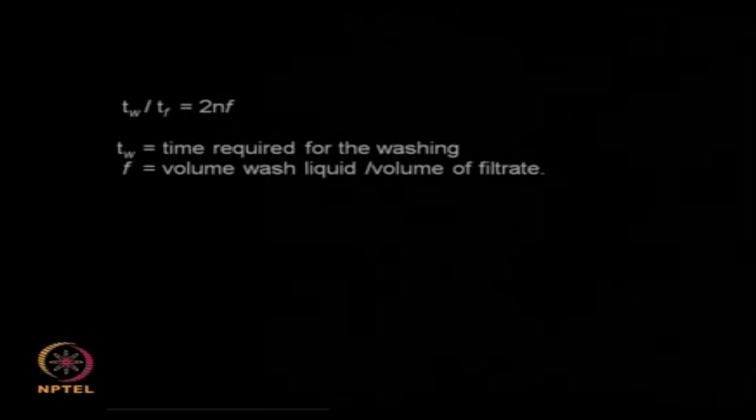Both are empirical relationships and they relate several properties of the cake, the impurity present, the solubility of the impurity in the washing liquid, the efficiency of your rotating drum filter, the amount of liquid retained by the solid cake,